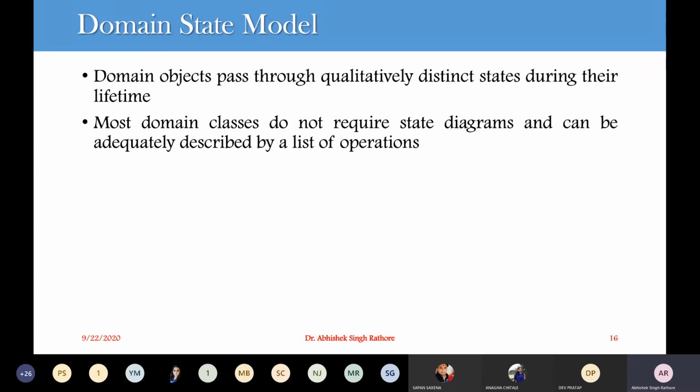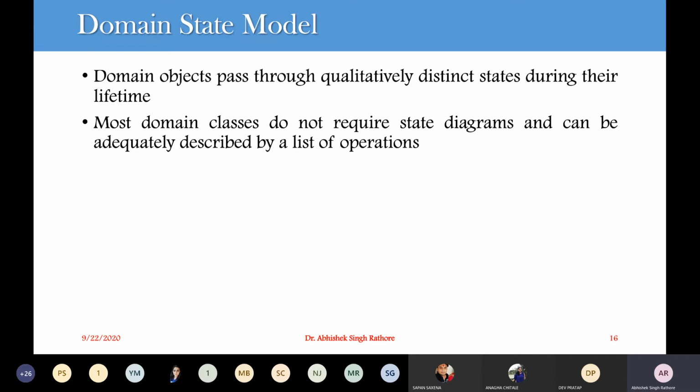It is very useful to construct a state diagram for a particular domain class diagram. This domain state diagram describes the various states of your object, and the object can assume properties and constraints in the various states. It can also consider the events that take the object from one state to another.